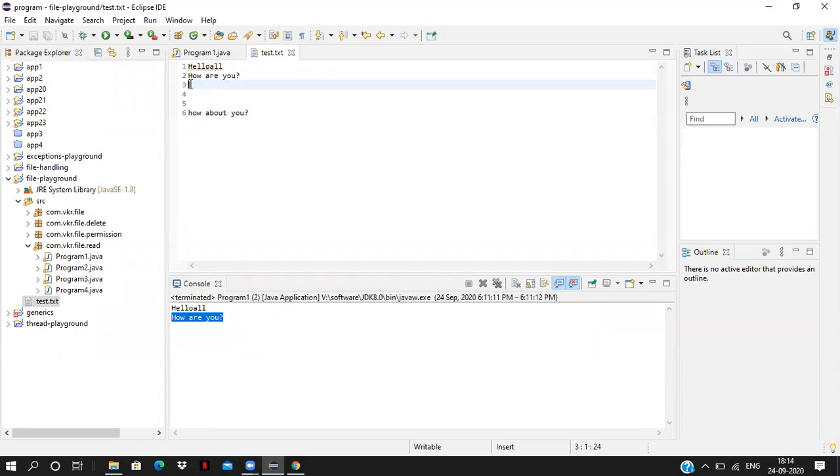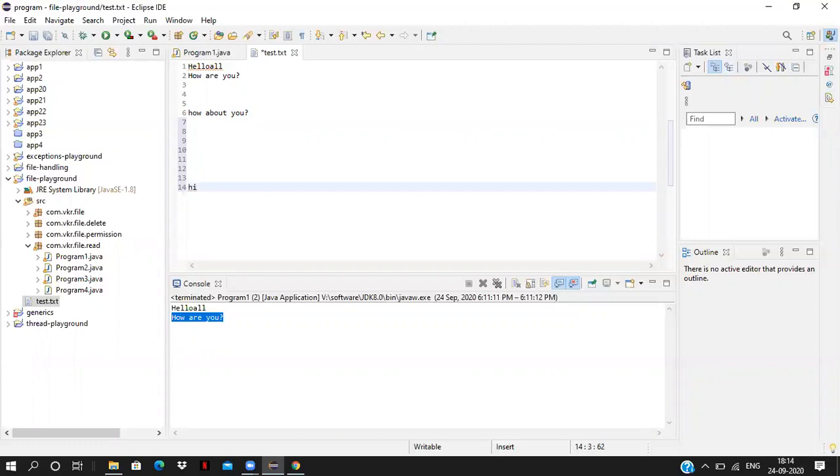In the next line you have an empty line, so bufferedReader.readLine() will still give true because it is having a buffer. Buffer means inside a file. Here on the left-hand side, if you see 1, 2, 3, 4, 5, 6, this many lines are there. This is a buffer. Even so, when you call readLine, it will come up to the 14th line because the buffer is there up to the 14th line.